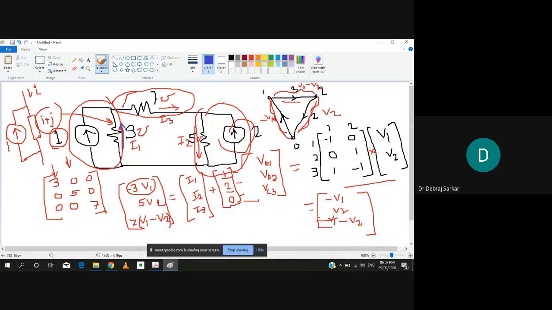Why am I telling you this? This is the way you solve it through graph theory. And actually, from graph theory, your mesh analysis and node voltage analysis come. So this is the basic structure of graph theory. For every element, the matrix of I plus the matrix of J gives you the matrix of the primitive Y into the voltage across the elements. That is the basic structure. Now, look at this.